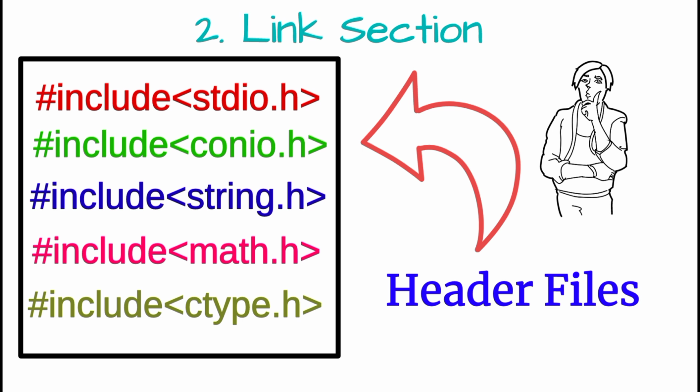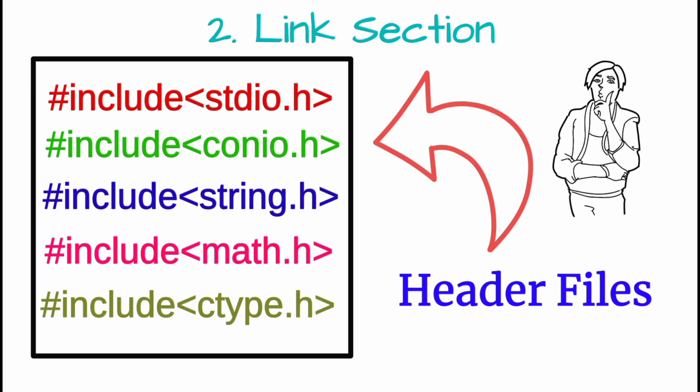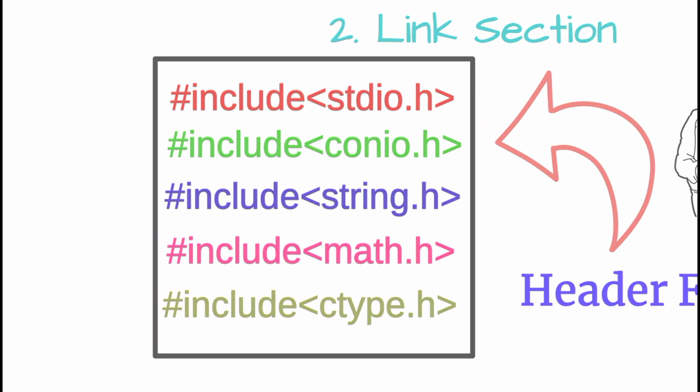files are those files which have been coded by programmers and consist of various functions which we use in our program. While coding, you may require several functions. You can directly get access to those functions by simply including the header files in which the functions are defined. If you don't include the header files of the functions you use in your program, you won't get the desired output, or simply the compiler throws a bug or error. So that's why you must include at least one header file inside the link section so you can start writing